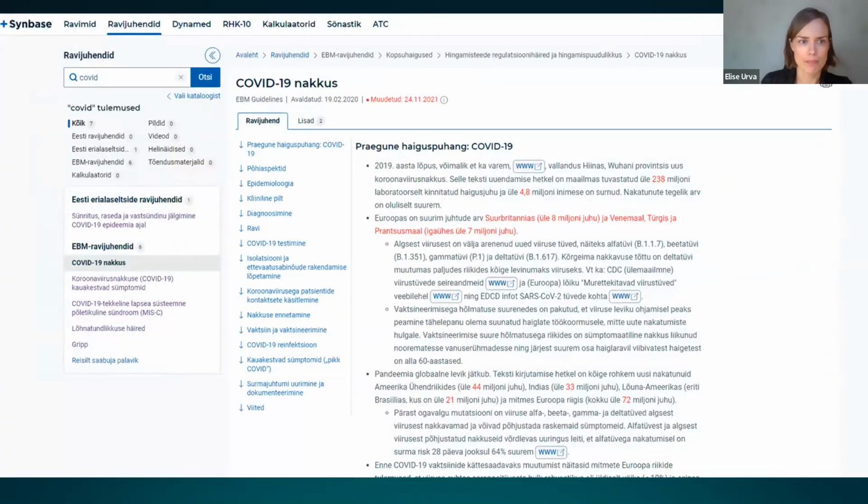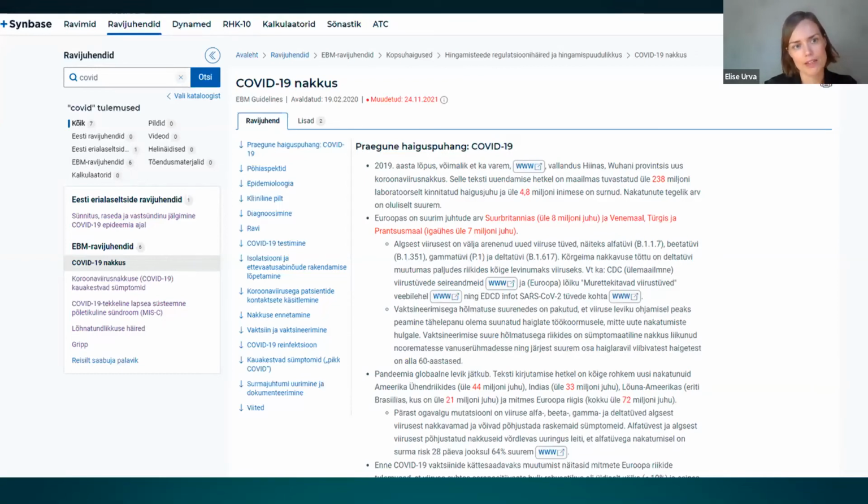And this example is of the web-based portal. This is the portal I told you about that is meant for doctors, nurses, pharmacists. It contains up-to-date evidence-based clinical guidelines and all other clinical databases. And all those databases are updated regularly.